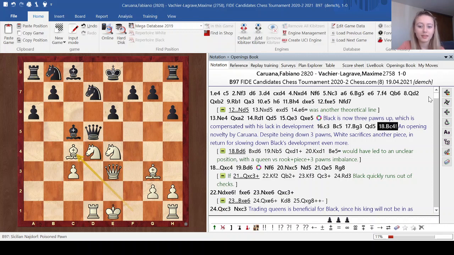The idea of the sacrifice is that once the queen takes it, the white bishop has this d6 square that just got opened up, and from here on it will prevent Black from castling, and it will become really difficult for Black to play. So this is what happened in the game, but the reason why he did not exactly want to play bishop